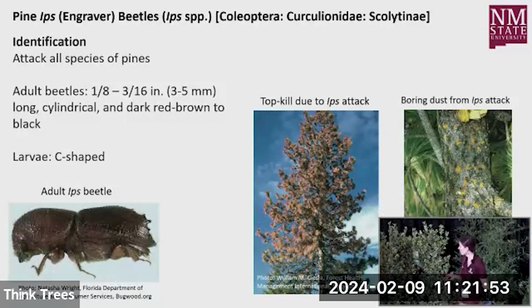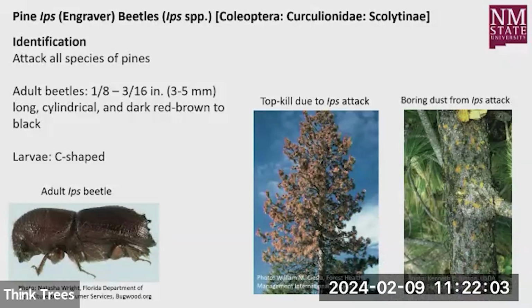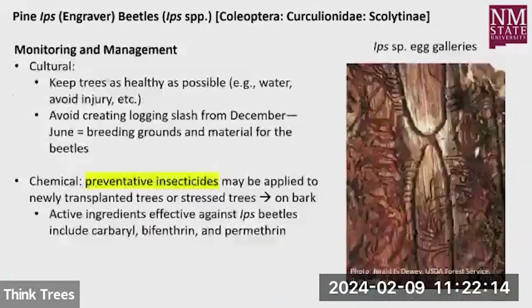But really, their damage is pretty characteristic when you're seeing your trees. They get this top kill, and you also see the boring dust from Ips attacks in your trees, a lot of dust coming out from the larvae's feeding activity. So when monitoring and managing these, again, these target stressed trees, keep your trees as healthy as possible, watering, avoiding